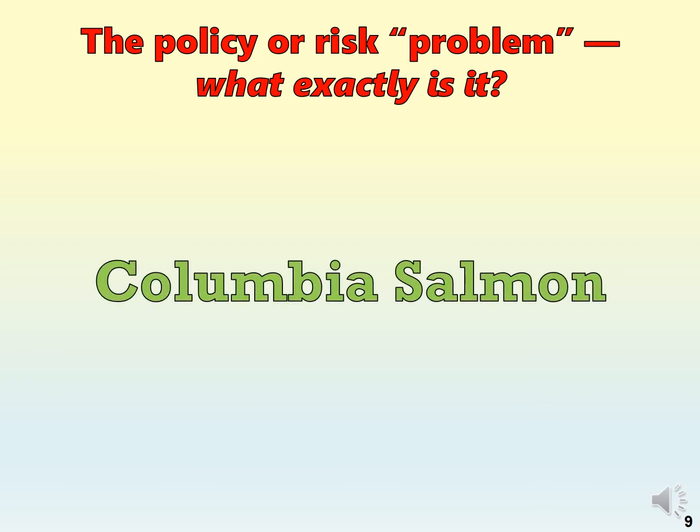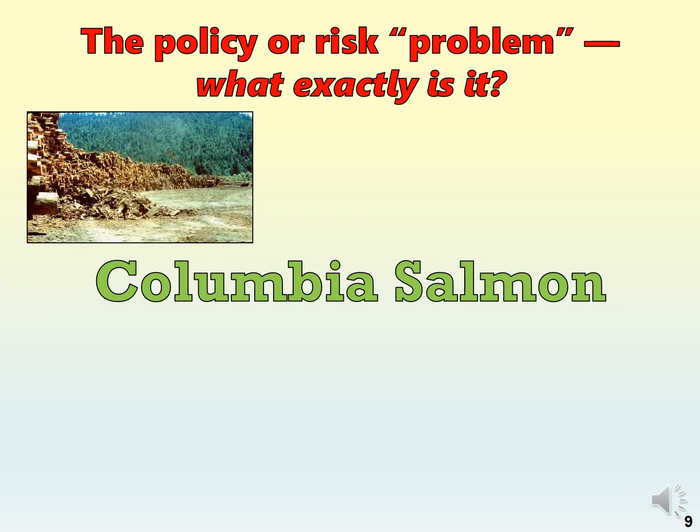For example, let's look at the Columbia salmon issue. Salmon in the Columbia have been declining for 150 years. And you might think it would be a relatively simple situation. You've got salmon runs out there in the Columbia River in Oregon, Washington, Idaho, British Columbia, and they're declining. And we know why they're declining. There's no shortage of science here. They're declining because of land use changes, heavy logging, the transport of timber and so forth.